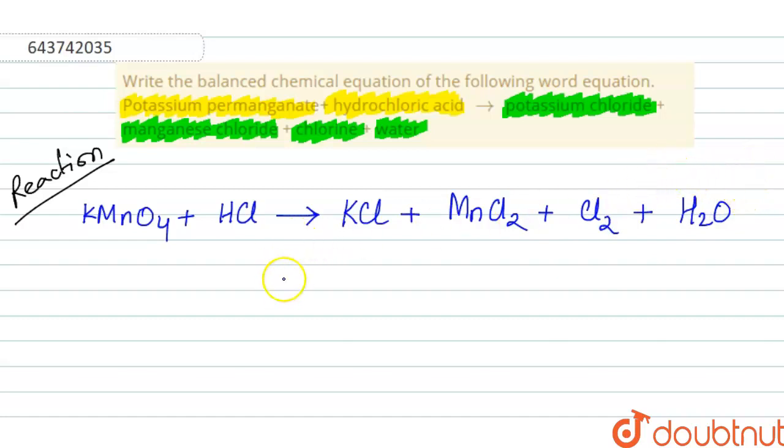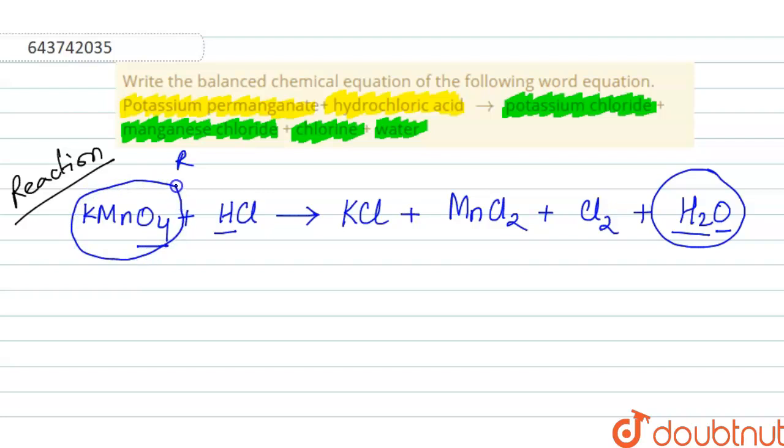So what we see, we have 4 moles of oxygen and 1 mole of hydrogen in the reactant side. In the product side, we have 2 moles of hydrogen and 1 mole of oxygen. Now only in this and this oxygen and hydrogen is present. So first let us deal with that.